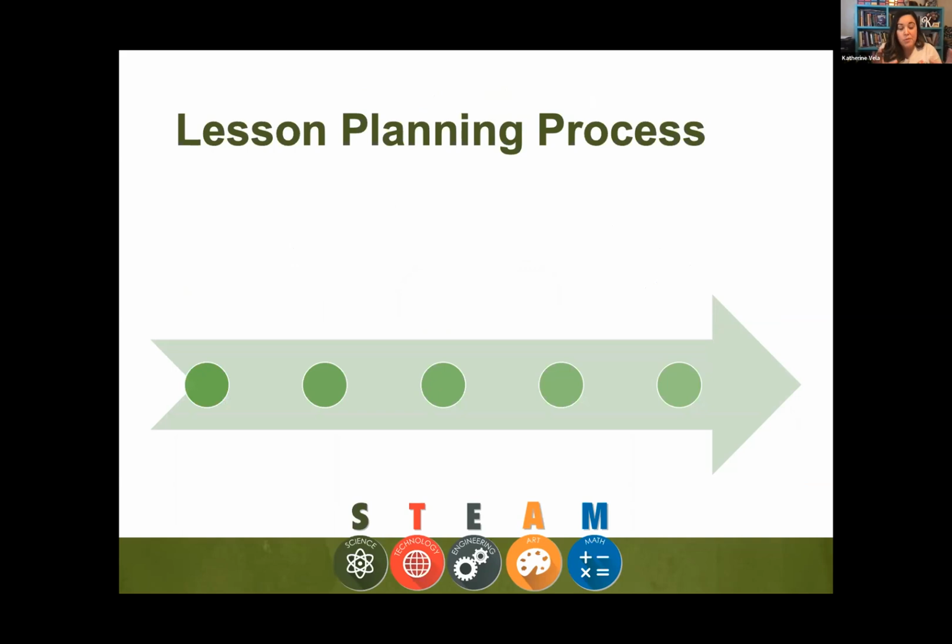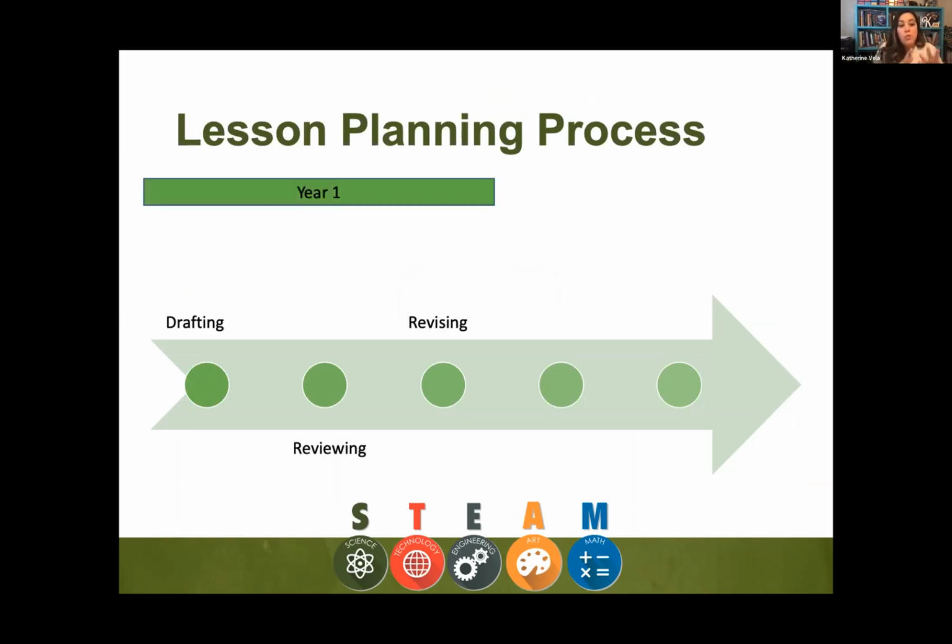I'm going to talk about the elementary one specifically since that's what we're working on right now, but it'll follow the same process when we start working with the middle school and the high school. For year one, where we're at currently, we're drafting, reviewing, and revising. We've drafted about 2 or 3 lesson plans for each content area where that content area is forefronted.